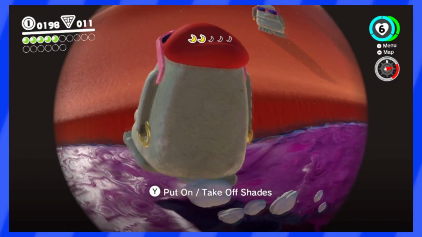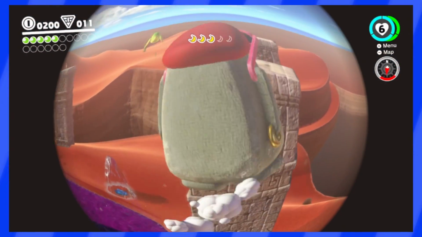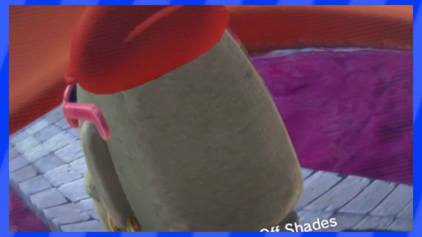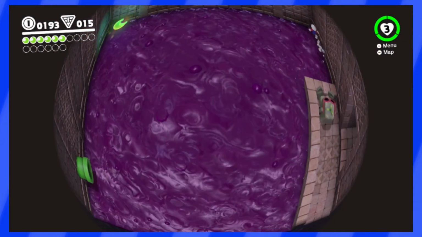Getting the 5 moon shards was made more difficult, especially when moving with the Moai, because of how big they are and how much space they take on the screen. How am I supposed to see anything? Move your butt, dude! I then entered a couple of secret areas full of purple poison water, and I do